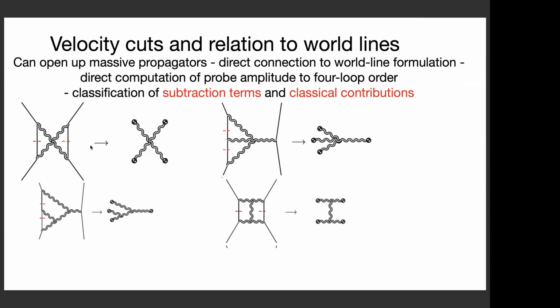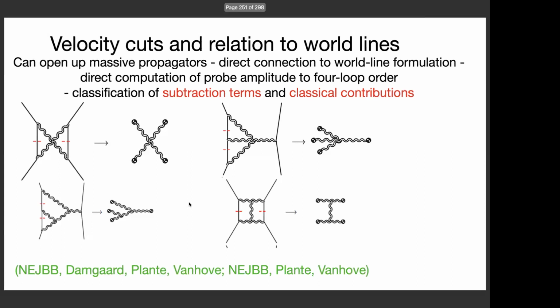So triangle contributions here at 2 loop will be linked to these nested tree structures. And that is very alike to the way that things are in the world line formulation. So there's a direct link between the approaches using just normal QFT and these approaches that are using the world line formulation from the start. And it, among other things, allows a very simple classification of things we have to subtract and the direct classical contributions that we need in order to get the correct observables.